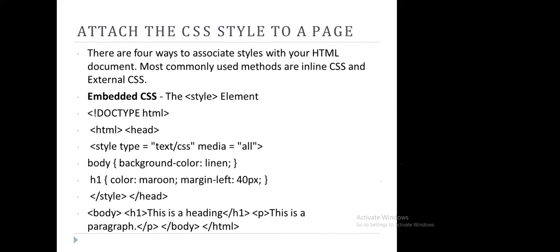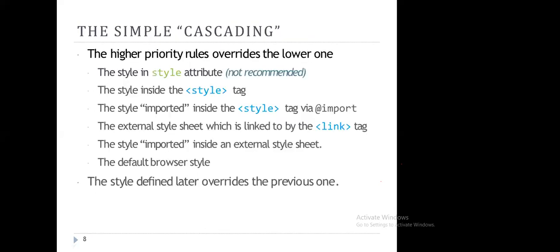So guys, you need to learn different ways of implementing CSS. We did how we can write for the body part, how we can write for different tags, how we can use multiple tags together, simple cascading, and styles in style attributes. And there can be a style inside a style, so how does it override? We wrote some style for the body, and body is the main part. It covers all the pages, and then